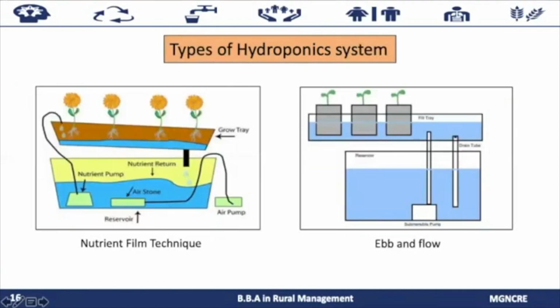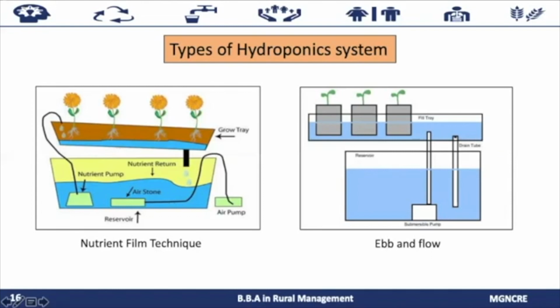So coming to the types of hydroponic systems. The first one is the nutrient film technique. It is a hydroponic technique where a very shallow stream of water containing all the dissolved nutrients required for plant growth is recirculated. It is a watertight gully with a thick root mat which develops at the bottom of the channel, has an upper surface which is almost moist in nature, and it has an abundant supply of oxygen to provide the nutrients to the plant.